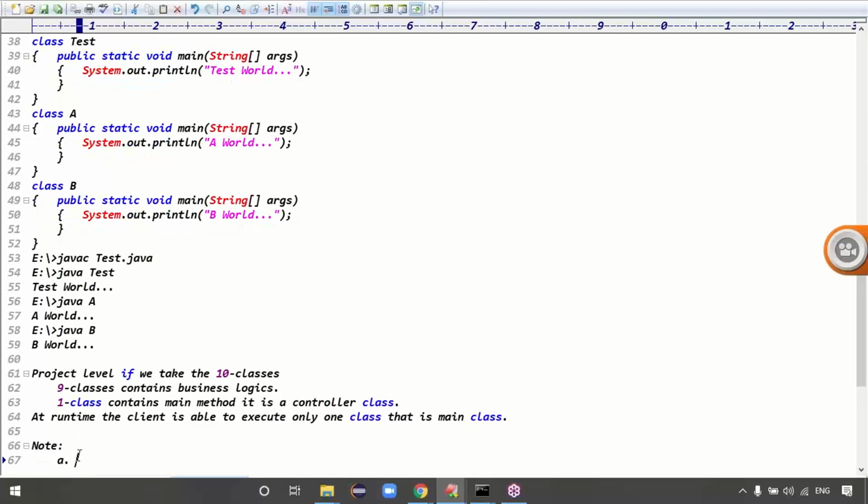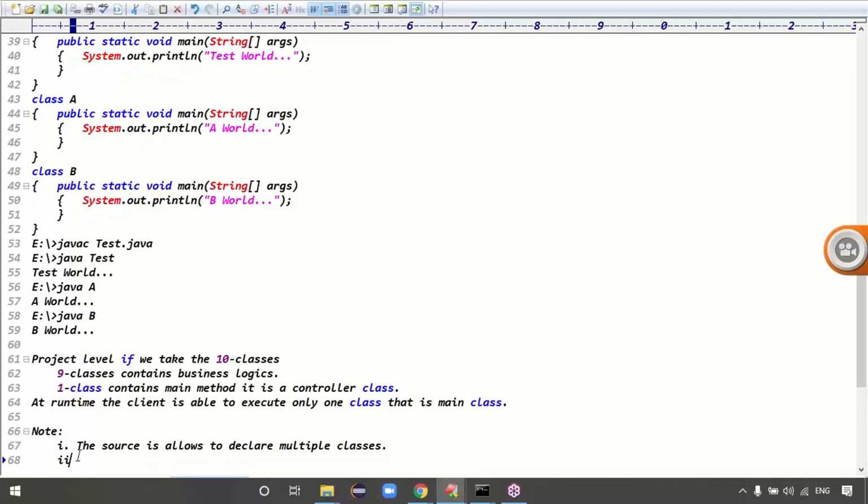Write the note here. Point one: the source file allows you to declare multiple classes. One class, multiple classes, guys. Second, the source file allows you to declare how many public classes?